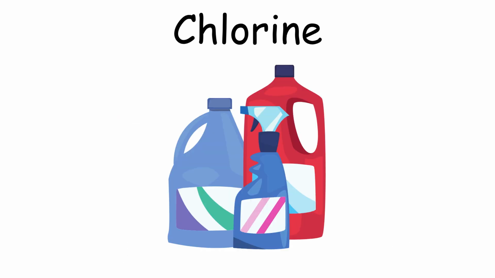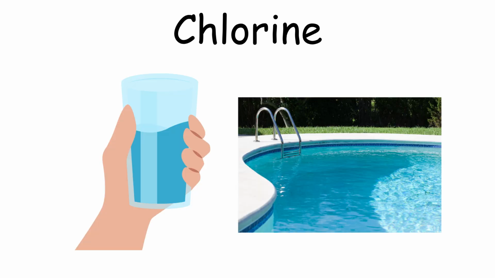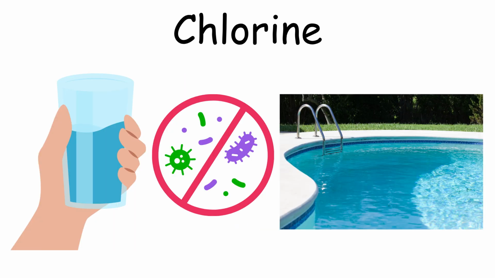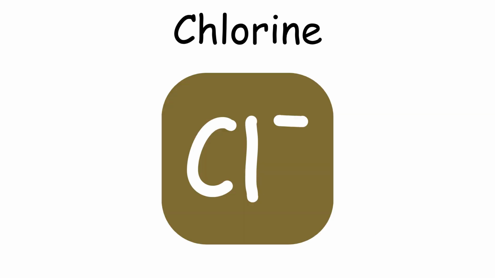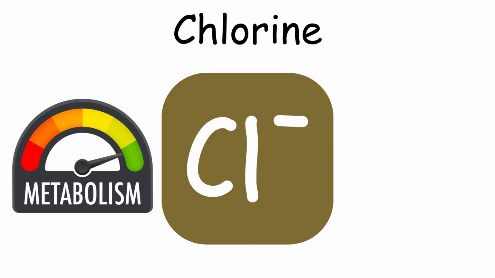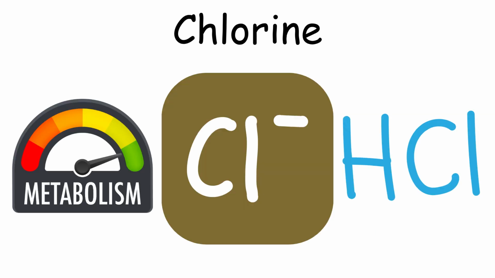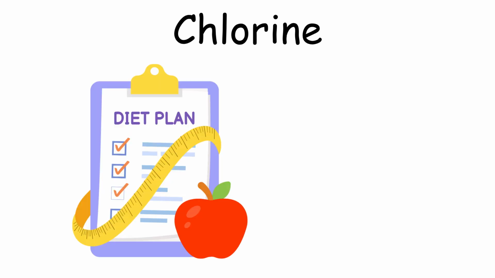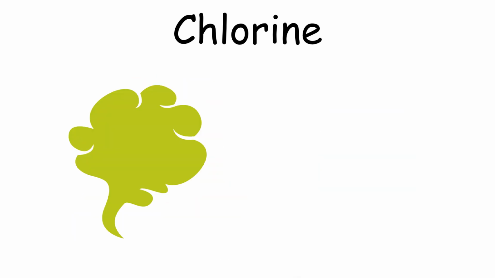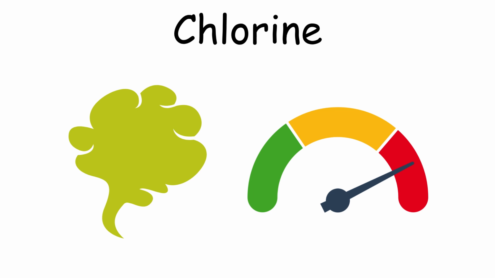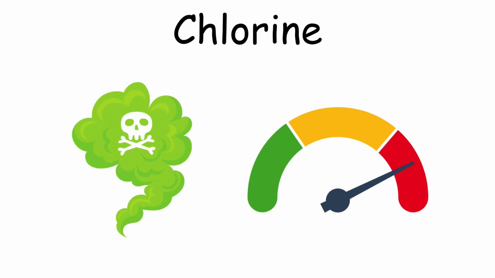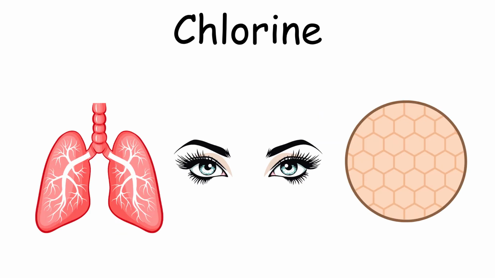It is a common disinfectant and has been directly used in drinking water supplies and swimming pools to keep them sanitary by killing bacteria. Chloride ions are essential for metabolism and the production of hydrochloric acid in the stomach, with the common dietary source being table salt. In its pure gas form at high concentration, chlorine is poisonous to most living organisms, attacking the respiratory system, eyes,